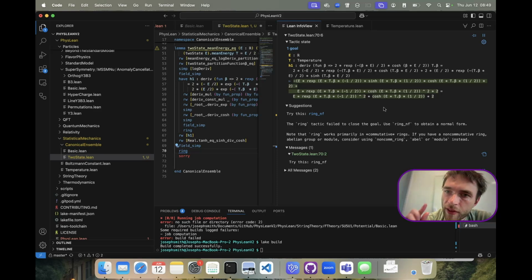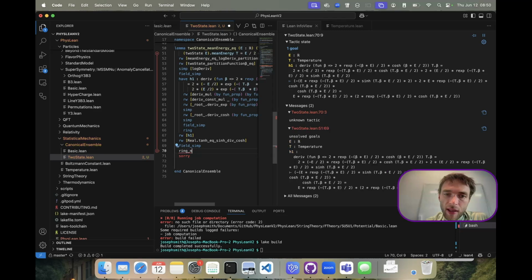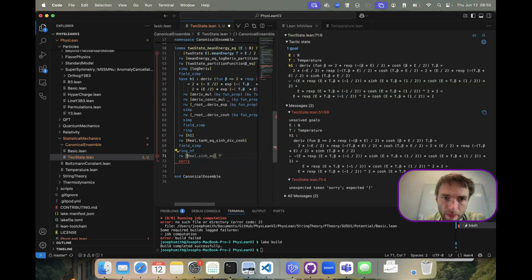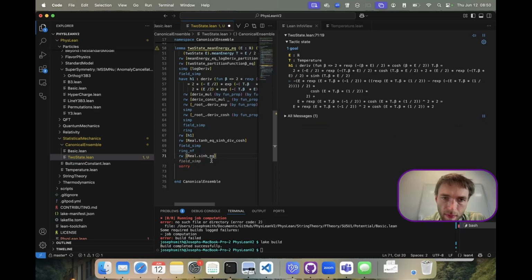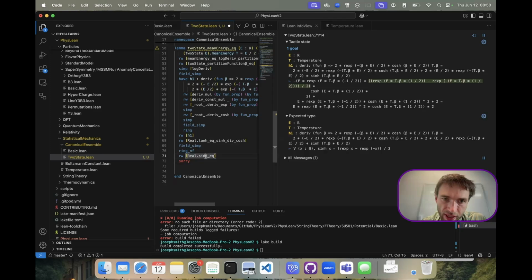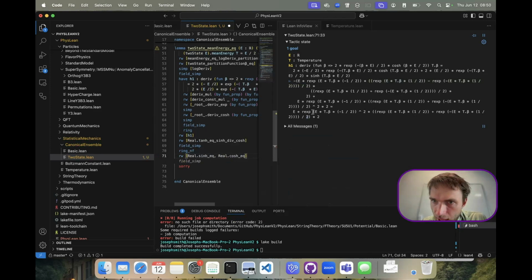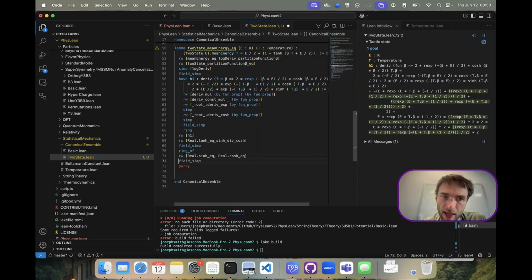So probably the easiest thing to do here is actually just expand everything in terms of exponentials. This is kind of a brute force way of doing it, but if we expand everything in terms of exponentials, that should hopefully make it a lot easier. So this rewrites the sinh in exponentials, so let's do the same with cosh. Okay, and now everything is written in terms of exponentials, and we can field_simp,